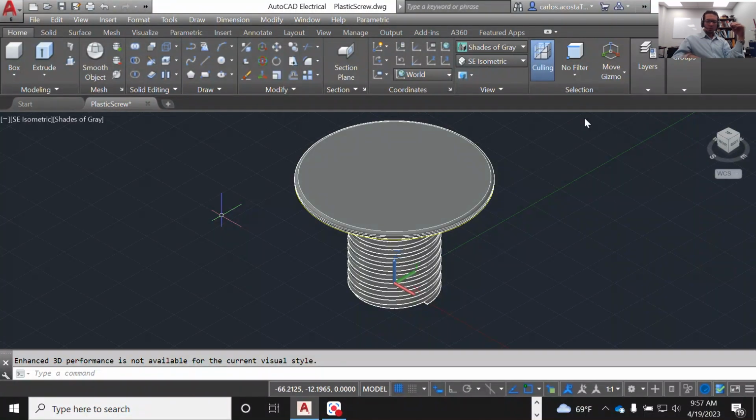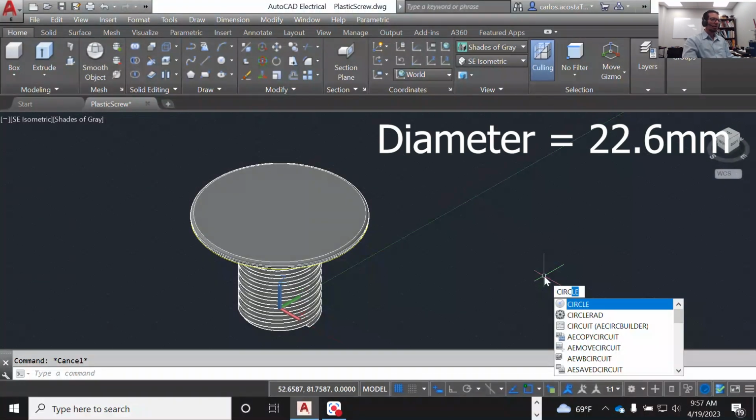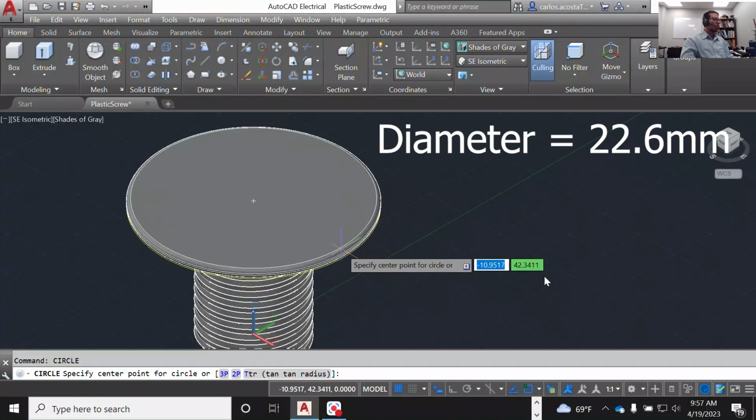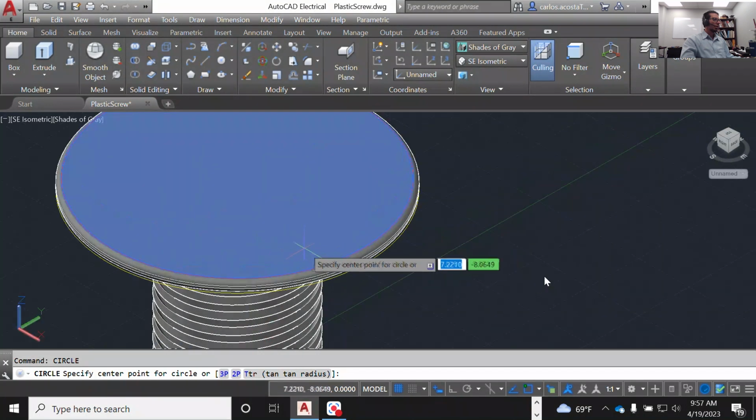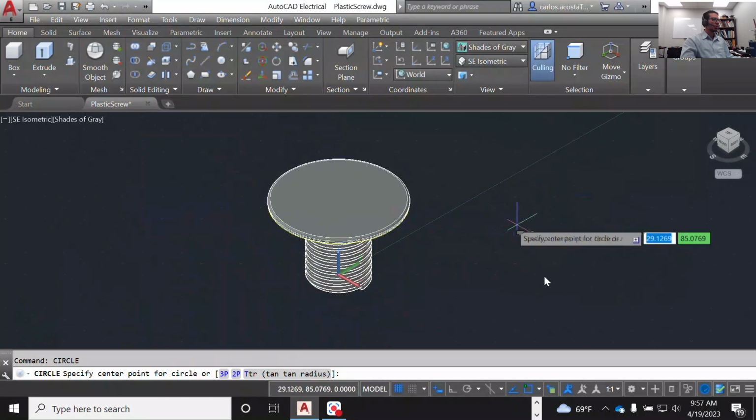So for the polygon, we're gonna create the polygon on the center of the disk. Let's create the polygon within a cylinder, within a circle, and the circle is going to be 22.6. So let's do the same thing. Let's create a circle, and we're gonna be creating a circle on top of the center of this